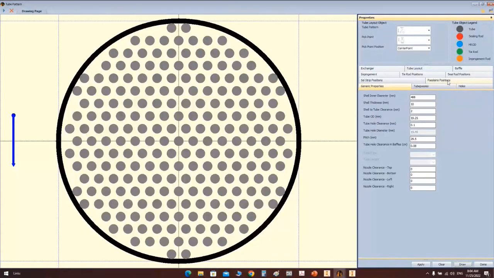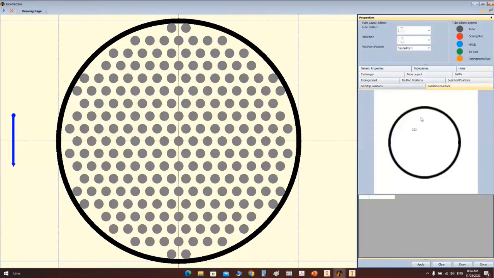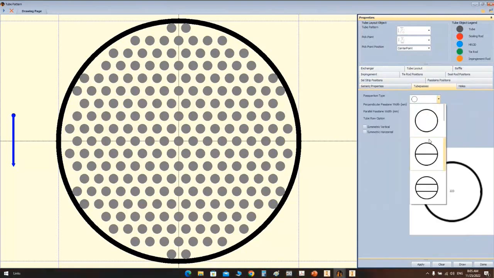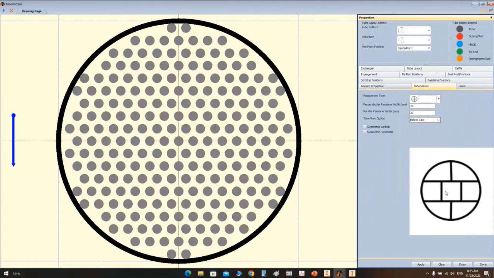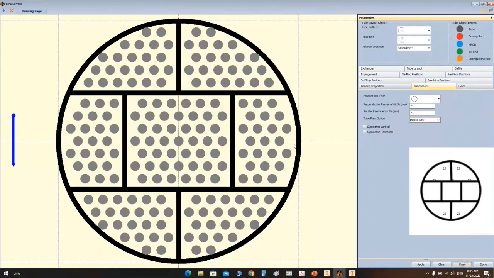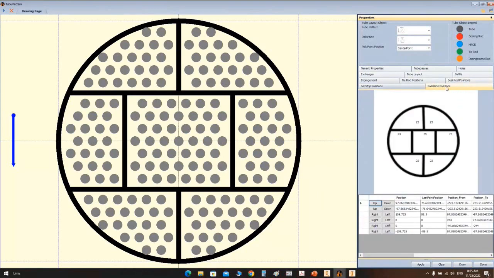The number of holes, we can get it from the bus partition. So totally we have 232 tubes inside this form. Let's discuss some other options inside this form, like adding a bus partition. For example, if you would like to add a bus partition like this, if you click on row, you will get this arrangement here. And if you come back to the bus partitions, you will get the arrangement of